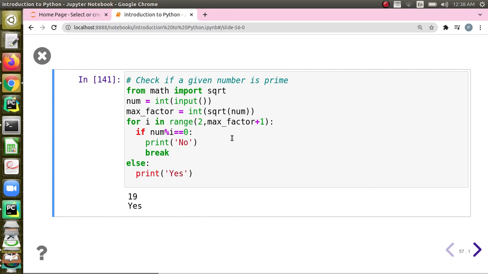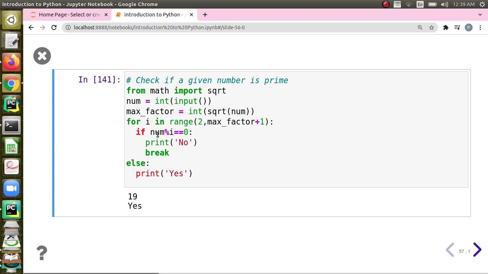So I am going to use the math package. I have imported sqrt, right? You can write it like this: from math import sqrt. So you are importing only the sqrt function from the math package. You read the number from the user and find out the maximum value. How do you do that? You use the square root function, which will return a float value, but range expects an integer value. So let us convert it into an integer by using the int function, and then we run the loop from 2 to max factor. We check if the number i divides num.